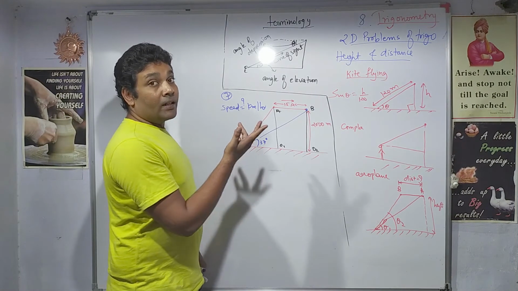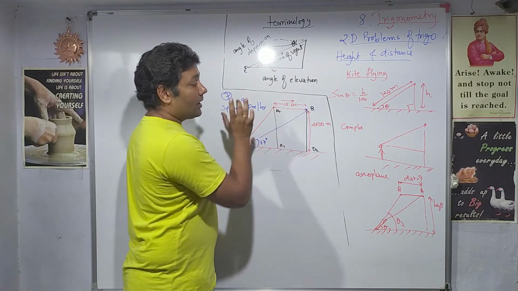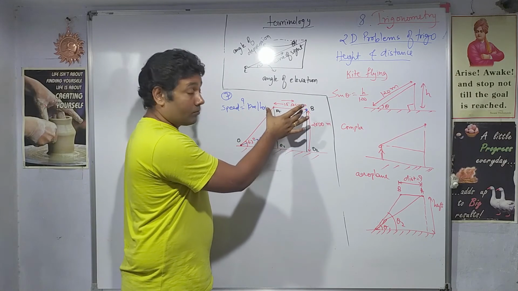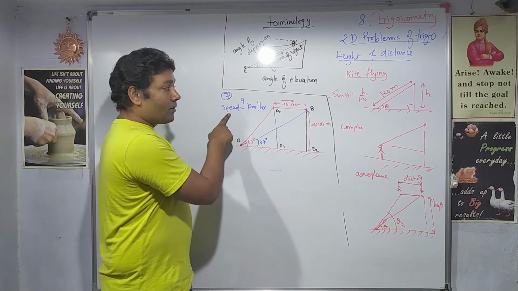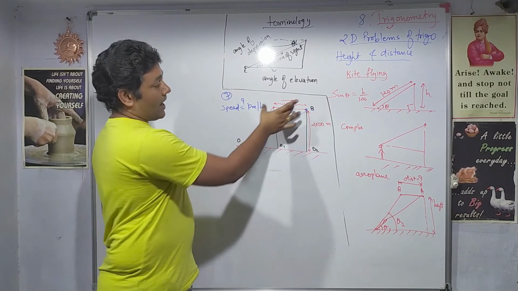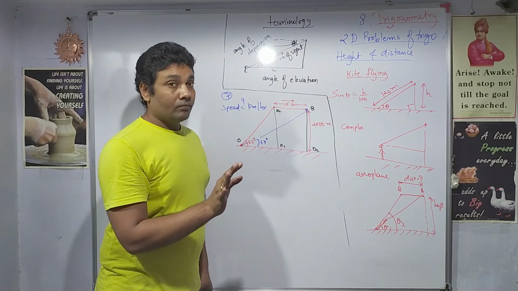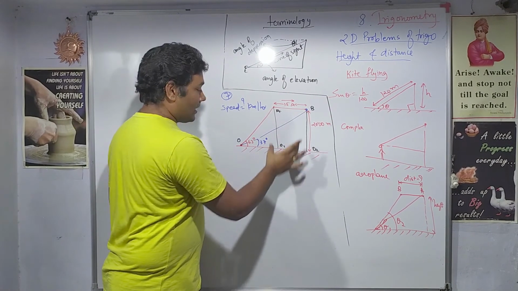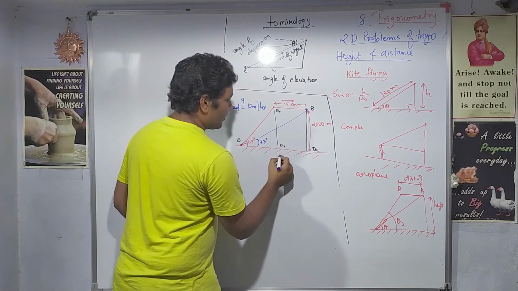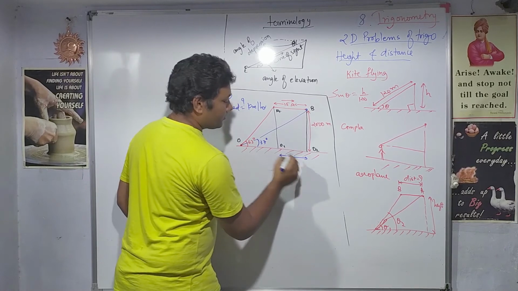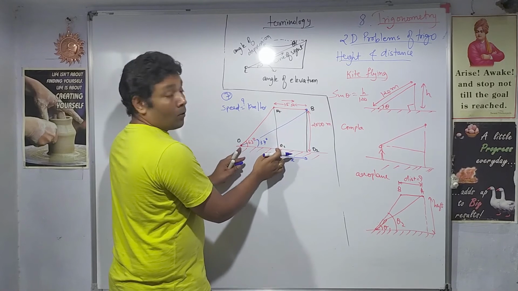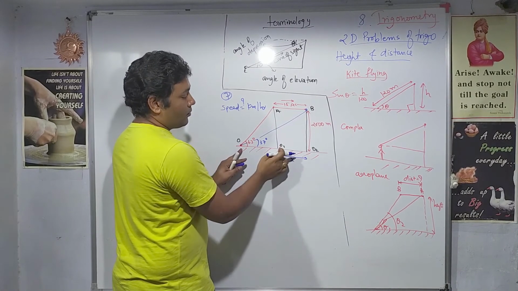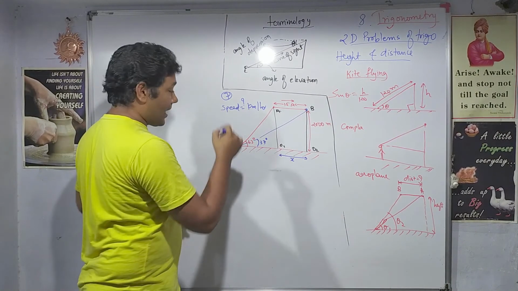Now we have to find out the speed. For speed we need distance and time. Time is already given. Distance we have to find out. Please understand the question. For speed we will need distance upon time. So time we have, but distance we don't have. This is the required distance, right? How will we get this distance? OO2 minus OO1. These values we'll have to calculate from the triangles.